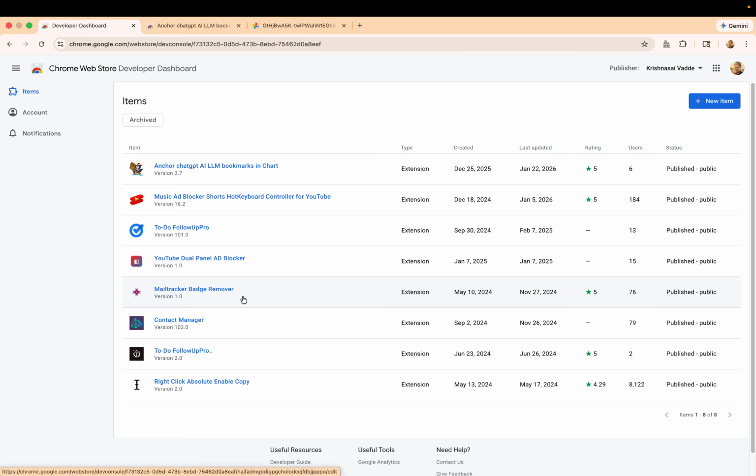And coming to the Mail Tracker Badge Remover, it is one of my favorite extensions. As I previously mentioned, it was very hard for me to keep following up with the vendors on whether they saw my email or not. Should I call them or not, because I don't know whether they looked at my email or not. All these confusions were removed for me by using the Mail Tracker Badge Remover, which actually removes